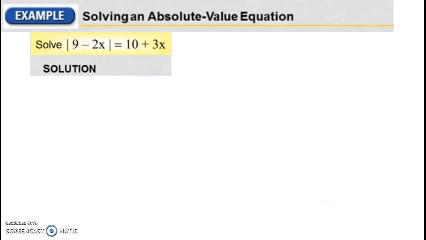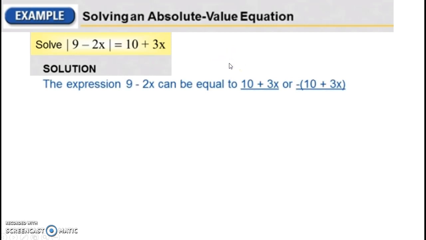Now let's move on to another example. So we have the absolute value of 9 minus 2x is equal to 10 plus 3x. So our first step is to isolate the absolute value bars, and you can see that it is already isolated. So then our next step is to set what's inside the absolute value bars equal to